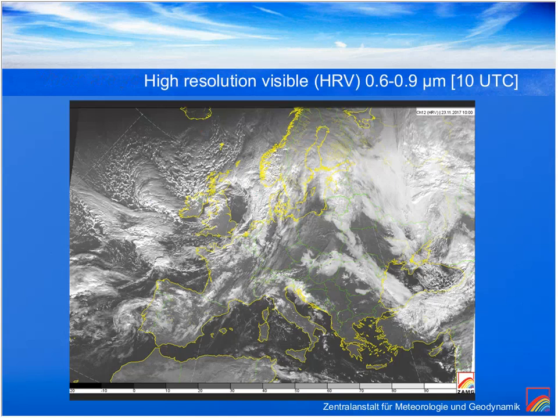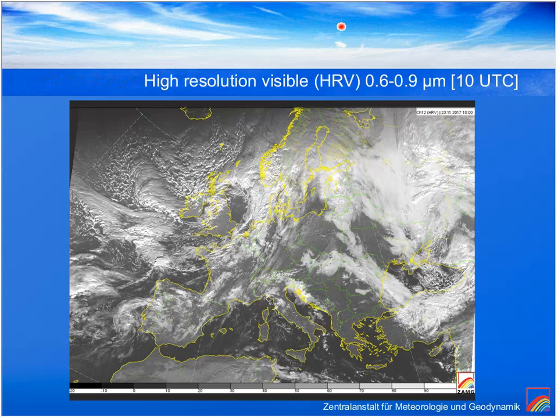The high-resolution visible satellite image. This is a satellite channel from 0.6 to 0.9 micrometers. It's from today at 10 UTC, and it's very interesting to observe movements in the clouds, to see the clouds,